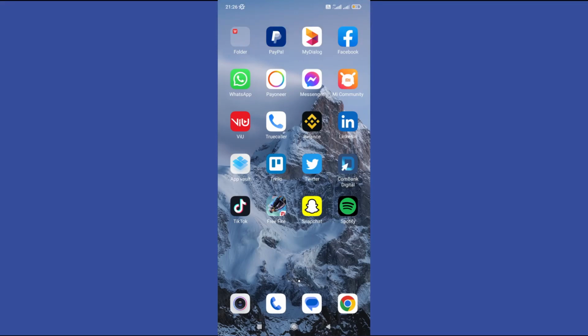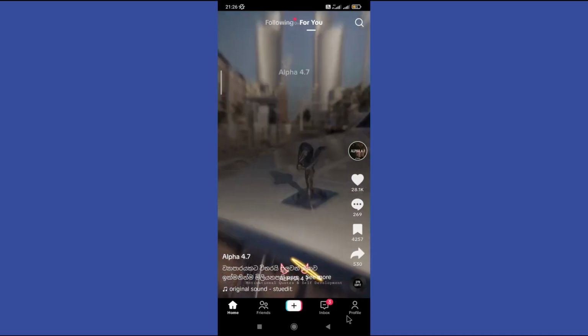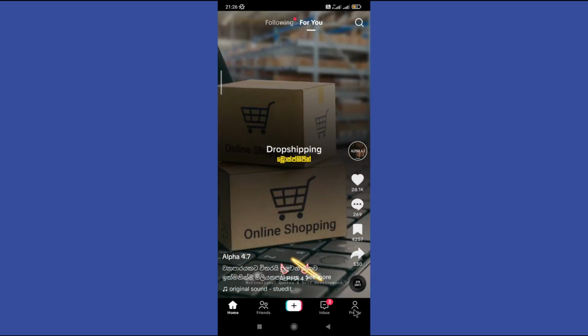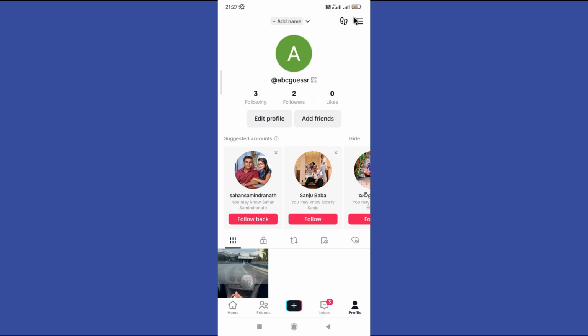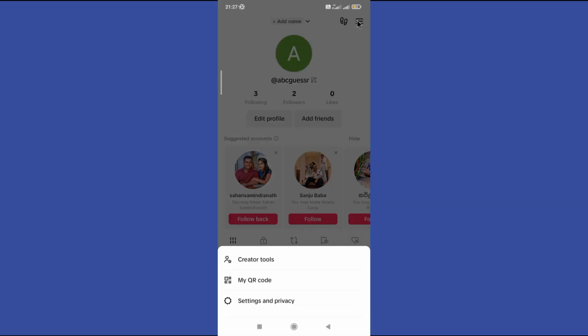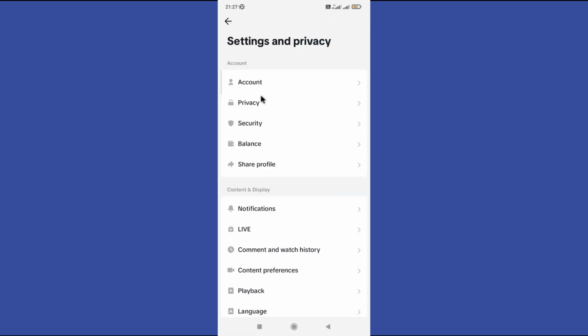In this tutorial, we are going to learn how to remove phone number from TikTok. Open your TikTok app. First, you need to tap on your profile icon in the bottom right corner. Then you can find these three lines in here. So, tap on it. Now you need to go to settings and privacy option and then click on this account